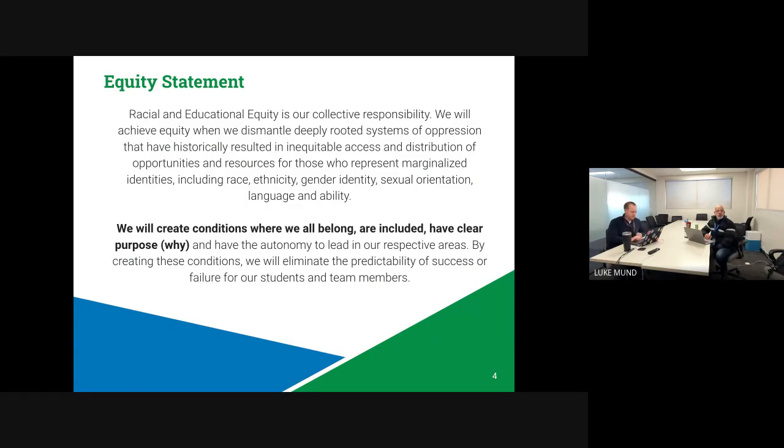To ground our work for today, we want to review our equity statement. Racial and educational equity is our collective responsibility. We will achieve equity when we dismantle deeply rooted systems of operation that have historically resulted in inequitable access and distribution of opportunities and resources for those who represent marginalized identities that include race, ethnicity, gender identity, sexual orientation, language,